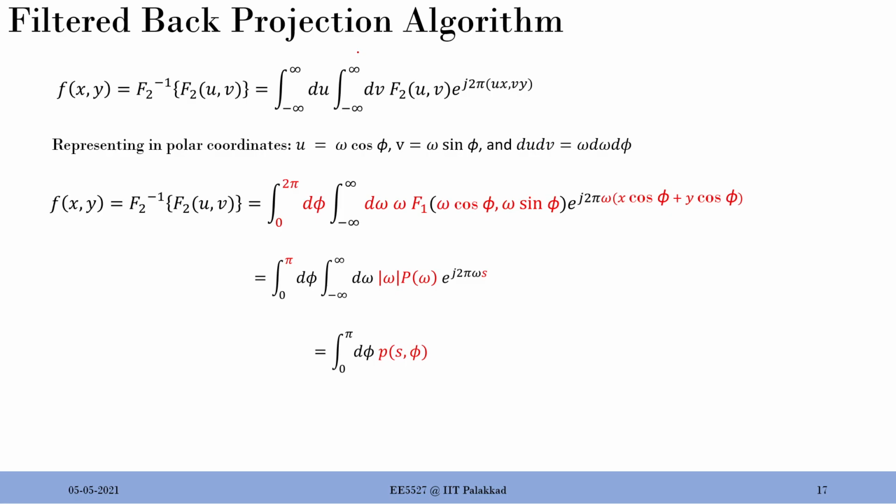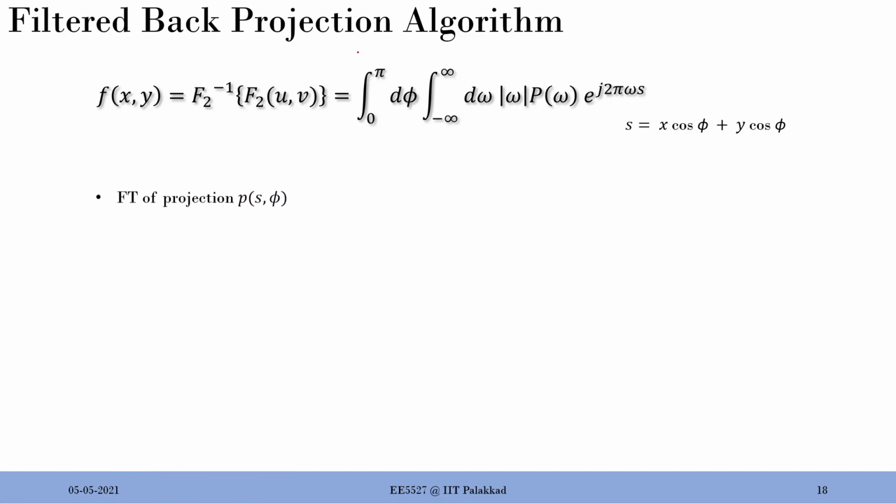So literally, let me put it this way. Let's avoid all the confusion and lots of math. The thing happening is, you take the sinogram, the sensor observation matrix that you have. You take each and every slice, that is why you are varying phi from 0 to pi. For each slice you take the Fourier transform, and that Fourier transform is multiplied by omega, that's a filter, and then you take the inverse Fourier transform of that and do the back projection. So that's the meaning of it. I have the steps here, explained nicely.